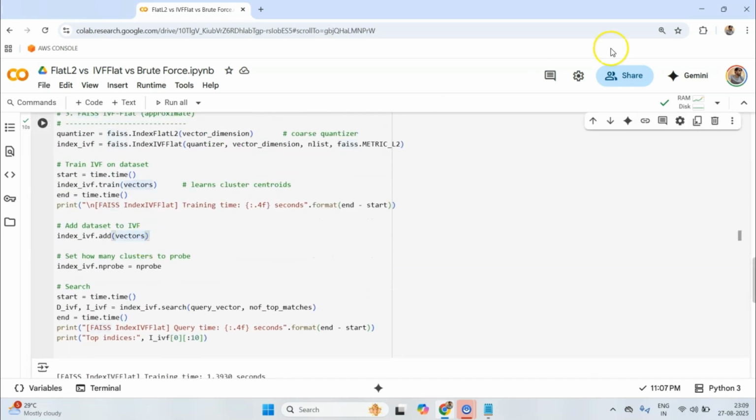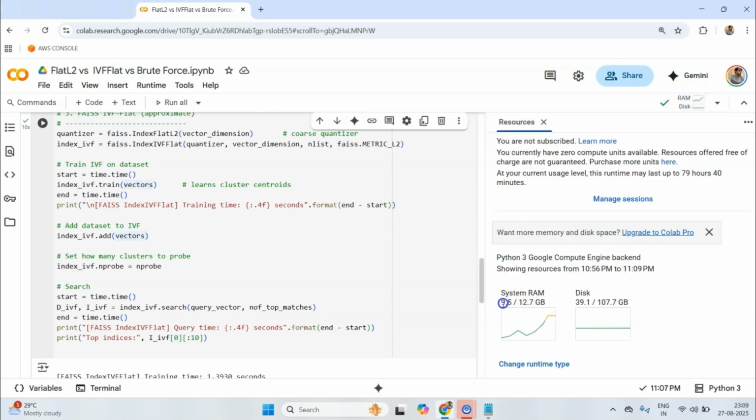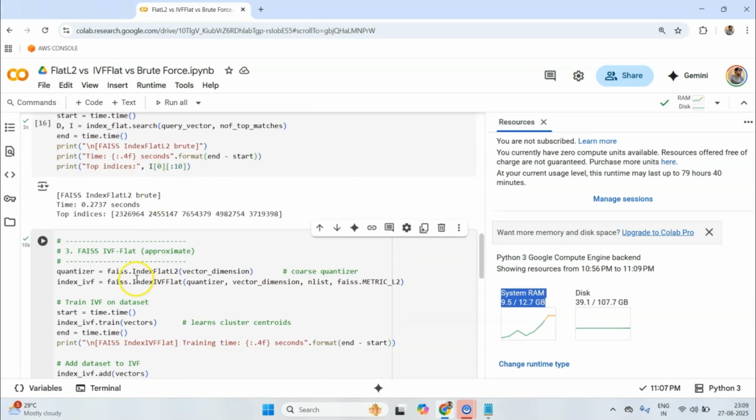And let's look at the RAM. We can quickly see our system RAM is almost close to exhausting. Now this is another topic. What we were discussing in this video was speed, how quickly we can make a query. But this RAM is the issue of how much space our training data and our indexes are taking.